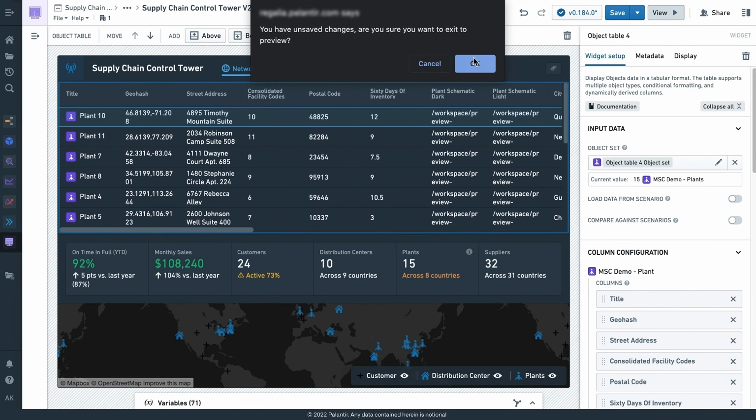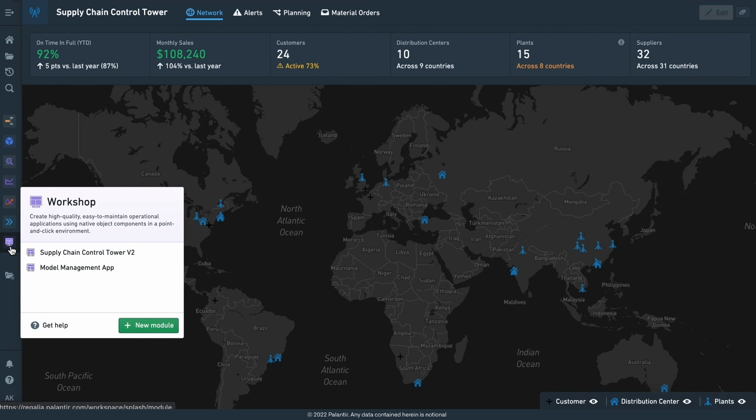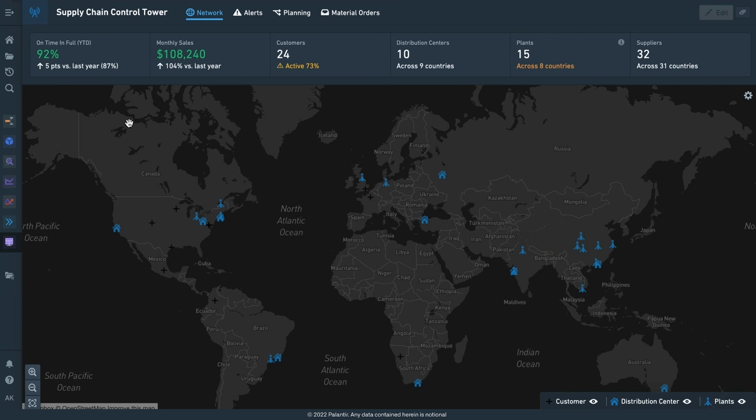So, we think this is a really powerful part of the platform, and oftentimes this is just an example of where the operational capability gets surfaced. What we've been looking at here is one example of an operational application builder called Workshop. There are other application builders in Foundry as well. There's another one called Slate as a sibling application.